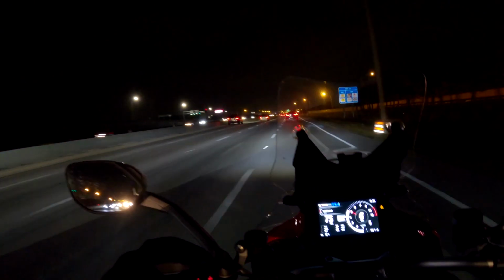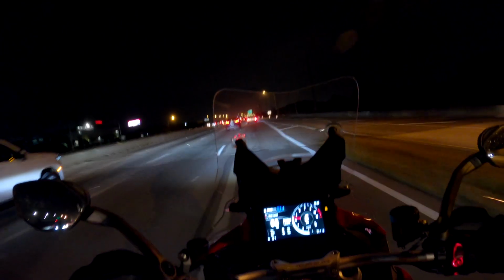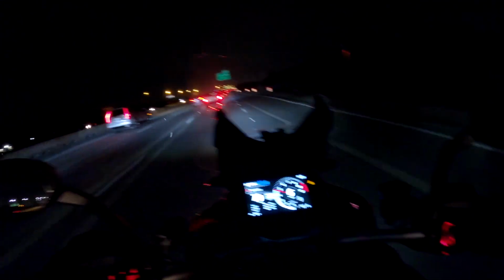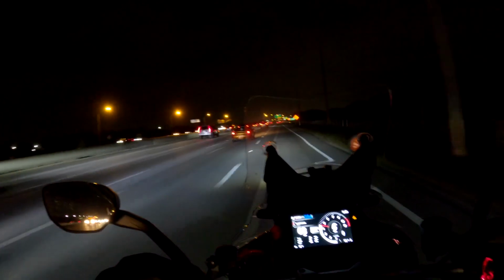All right, trying to keep my distance here. Not going to use the cruise control because I wasn't going to be on here, and this traffic really doesn't lend itself to cruise control. It makes it a little difficult, but again, the